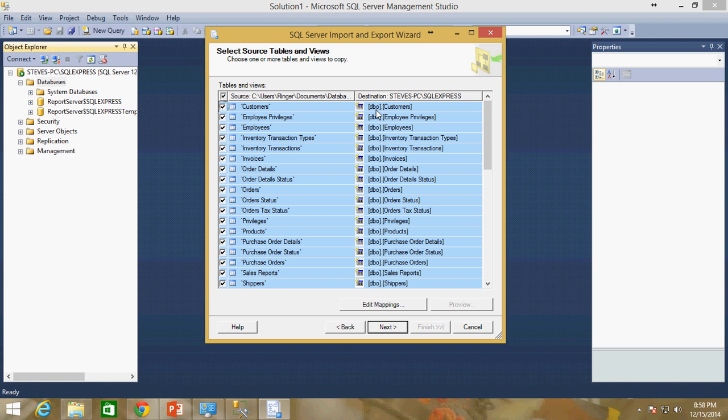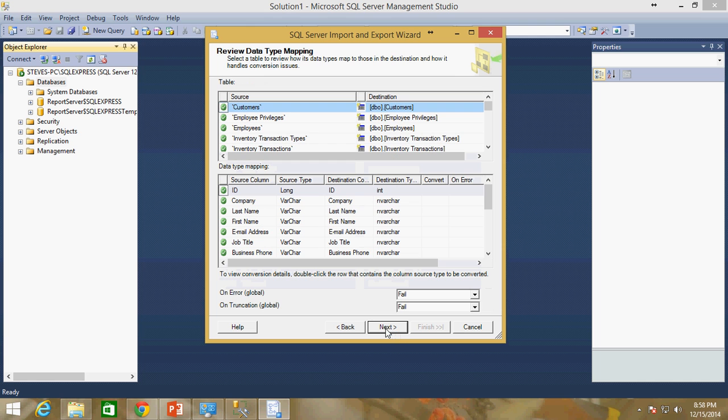It's okay. You don't need to freak out because all of a sudden your tables are going to have this new DBO in front of them. You actually want that to happen. So you'll see all of these now have this schema in front of them. I'm going to go ahead and click on Next. And sometime between the last screen and here, you may get some sort of data type conversion issue. If I scroll through this list, I don't have any errors currently, but